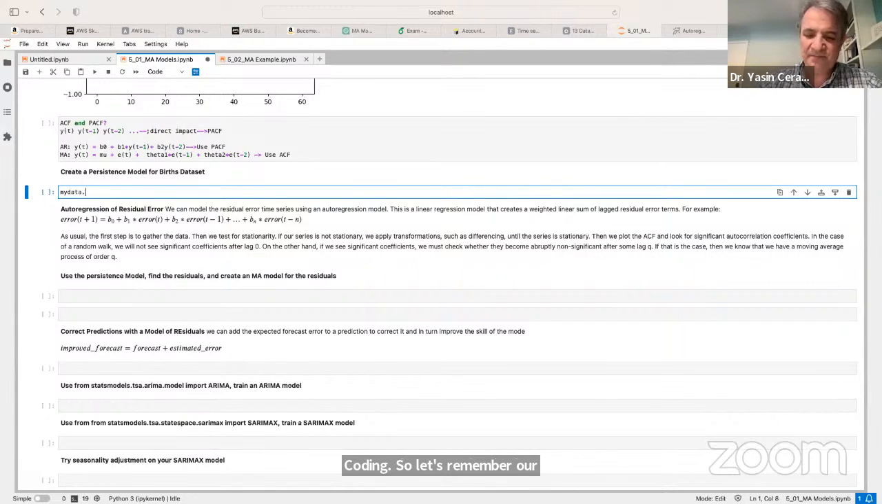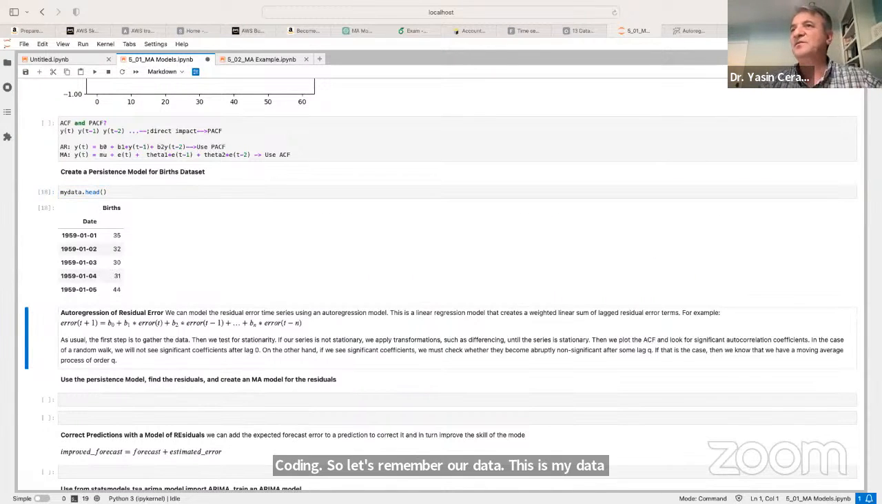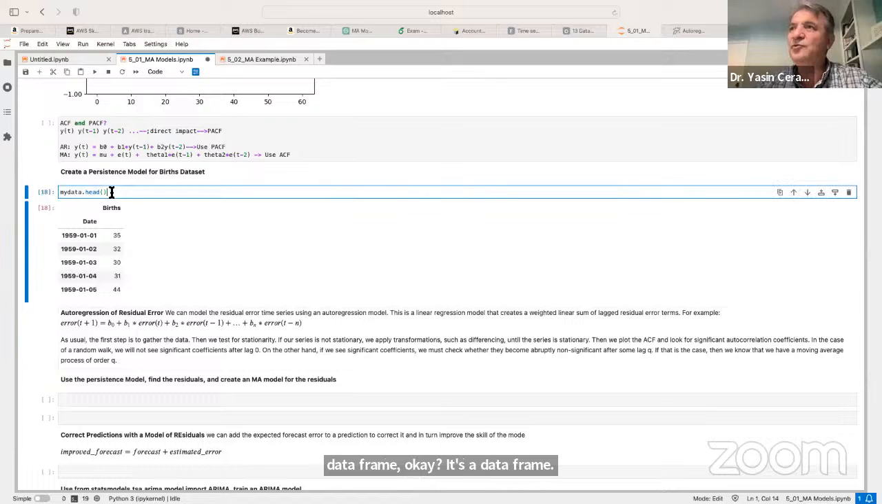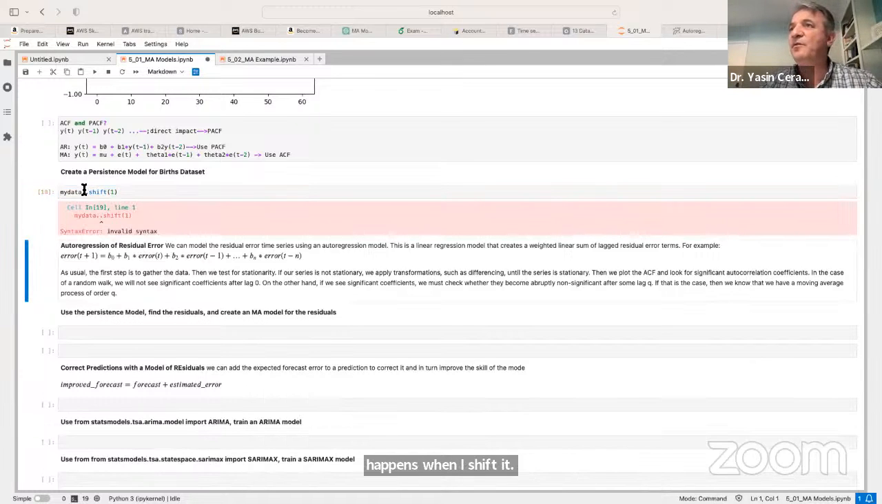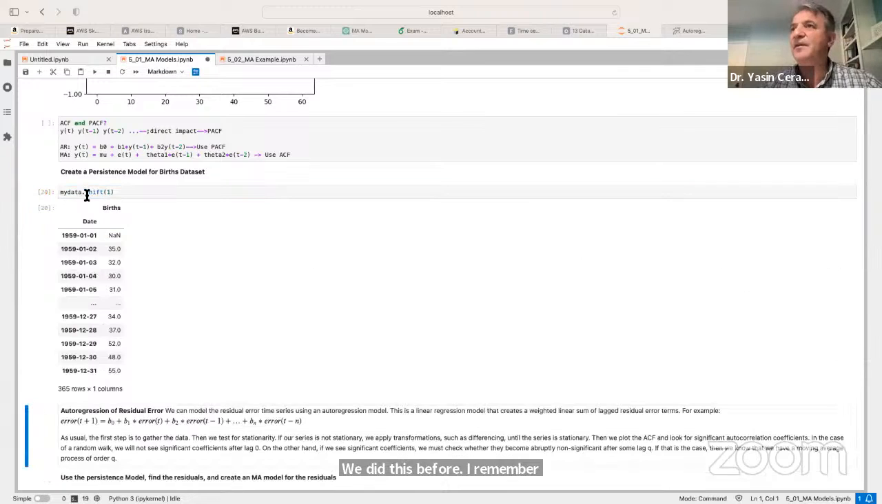This is my data. This is how our data looks like. It is a data frame. So what I'm going to do is take my data frame and shift it by one, and let's see what happens when I shift it. We did this before, if I remember that. If you shift it by one, as you see, your data at